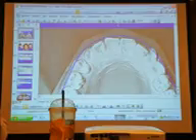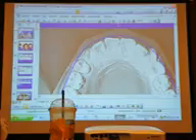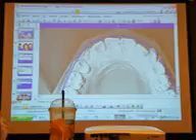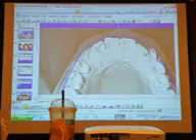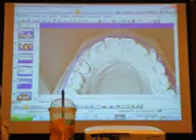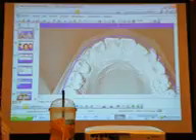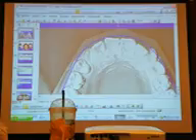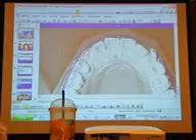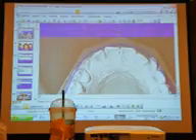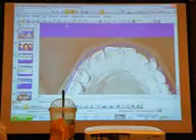Depending on the working wire that we're going to decide, some of the rotations that we select today, we might change them later when we do the final diagnosis. Okay? But today we select with the best fit and with the shape of this arch form, and this shape is an ovoid shape. So you either have to note mesial rotation on both centrals or distal rotation on both laterals. If we select an ovoid, then the laterals are not that bad, slightly distal rotated, but the centrals are distal rotated. So if we want to really take all the rotations that we have,